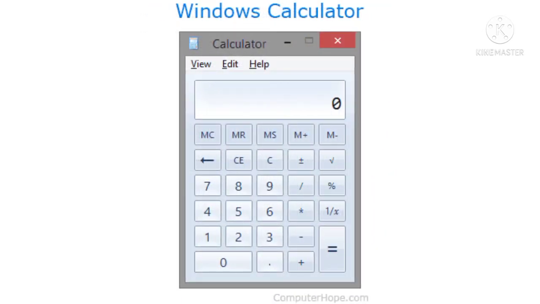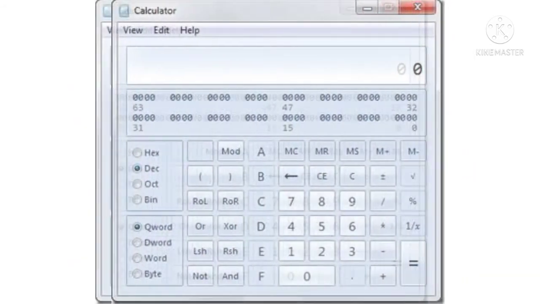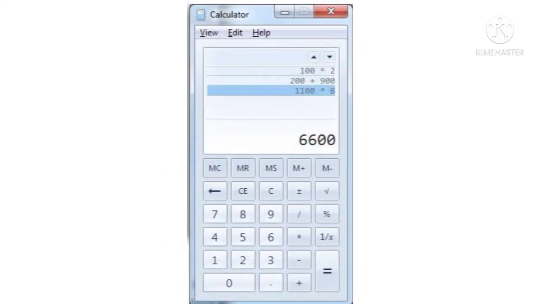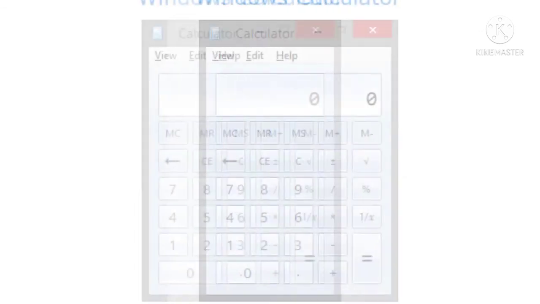Modes of calculator. The calculator offers 4 modes for calculation. They are standard, scientific, programmer and statistics. Let us now study each of them in detail.